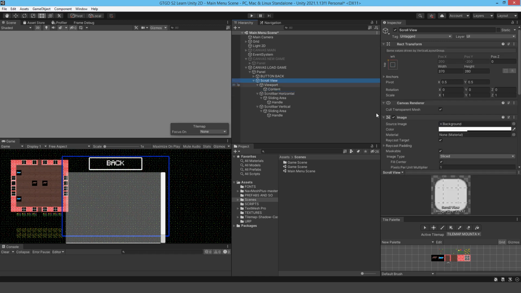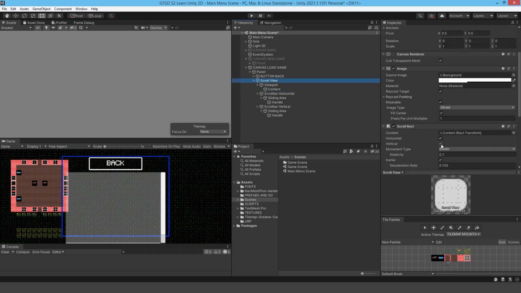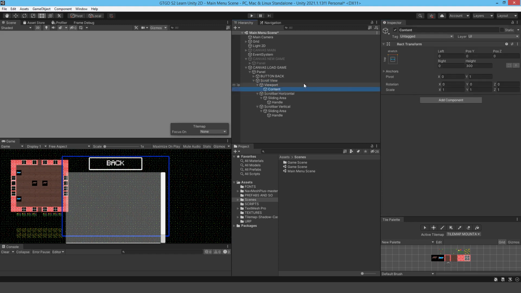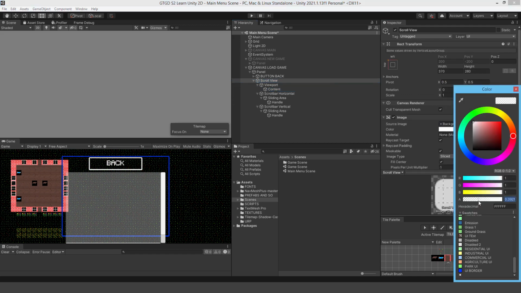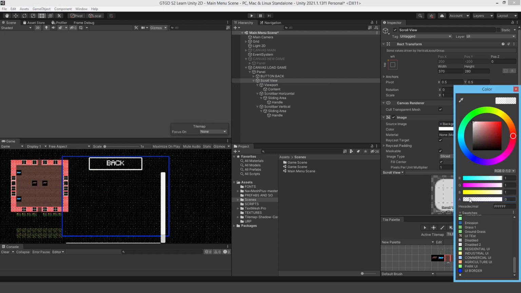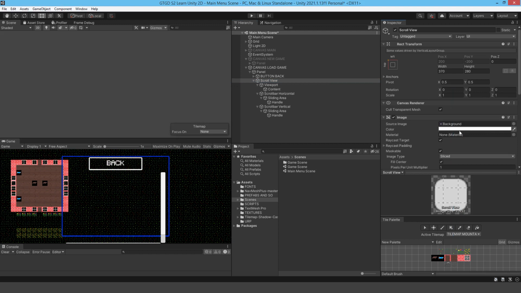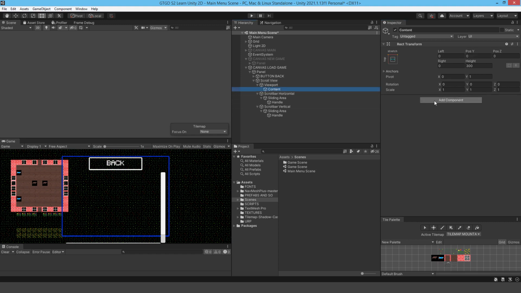Actually, while I just remember, in the scroll view, turn off the horizontal scroll bar, not required. So that at least won't be there. Now going back to the content, actually, you know what, while I'm at it as well, in the scroll view, just get rid of the color there completely. I've just set it to fully transparent in the scroll view. I don't want a background. I just want my buttons cleanly listed for me there. I just prefer that. So inside of my content now, I'm going to go ahead and basically just add